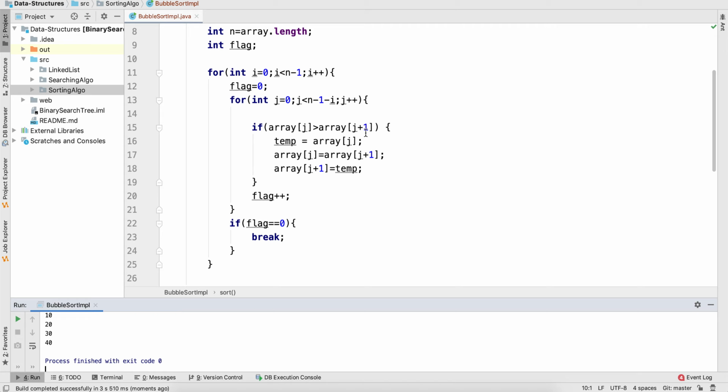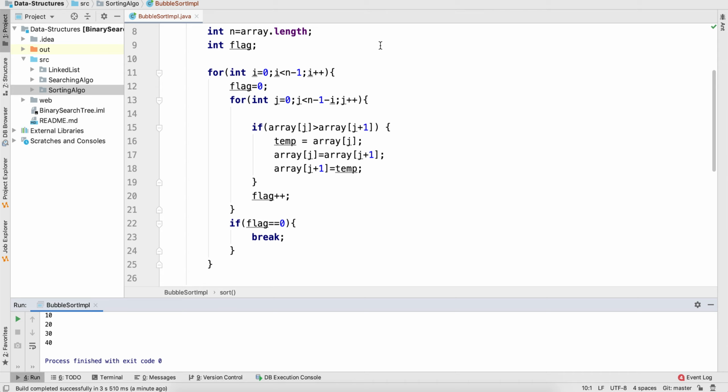In case if the array is not sorted in ascending order, if in case the array is in descending order and you need to sort it, in that case the array will be iterated for n minus 1. Again the array will be iterated for n minus 1 times.